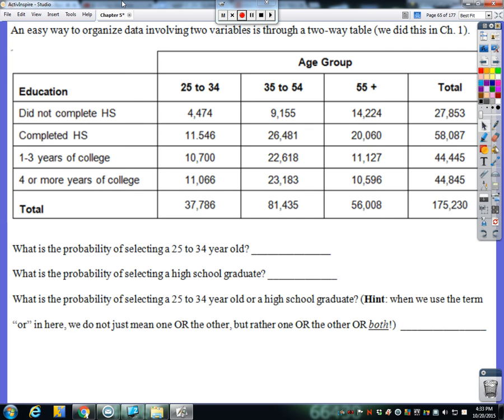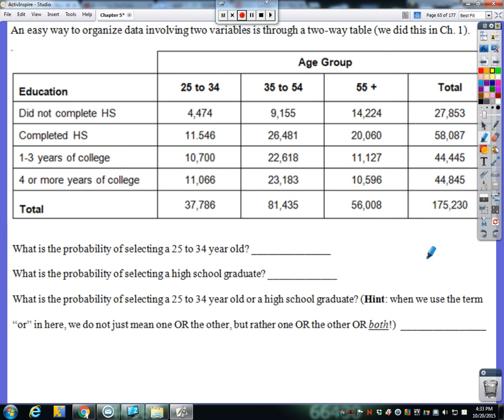So if we had a two-way table, and we've looked at this example in many videos before, especially in chapter 1, let's talk about some basic probabilities here and see where this is going to be different than video 2. The first question says, what is the probability of selecting a 25 to 34-year-old? To remind you, in this problem we had 4 different levels of education and 3 different age groups. And altogether, we had